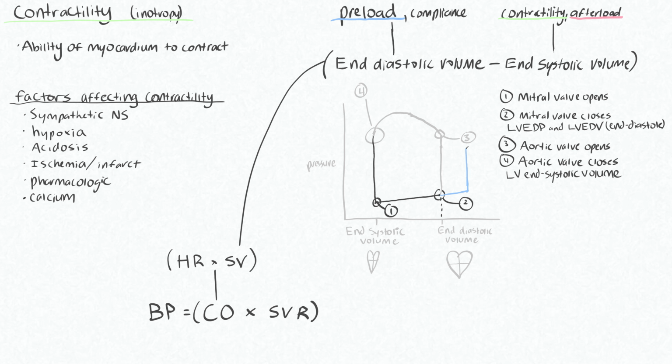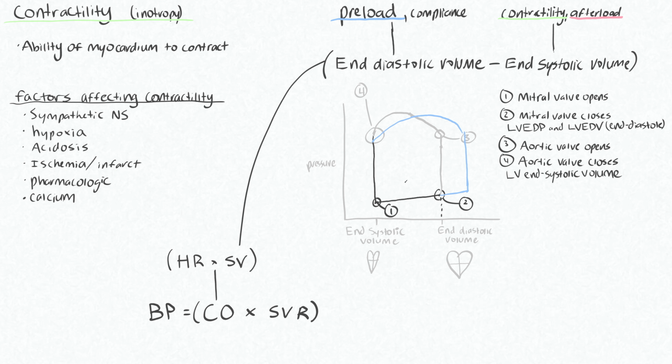So we can follow this up, and this won't change when our aortic valve opens. So we'll have that opening at the same time and closing at the same time. You can see by increasing our preload, the stroke volume, being your end diastolic volume minus your systolic volume, is